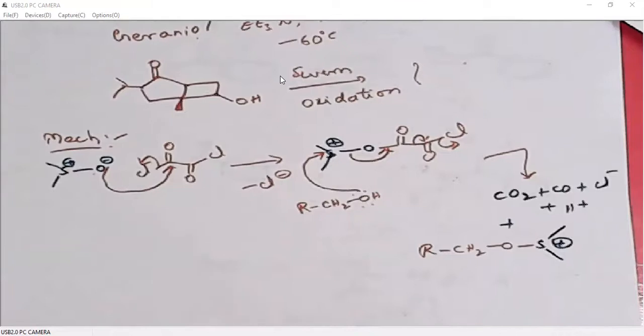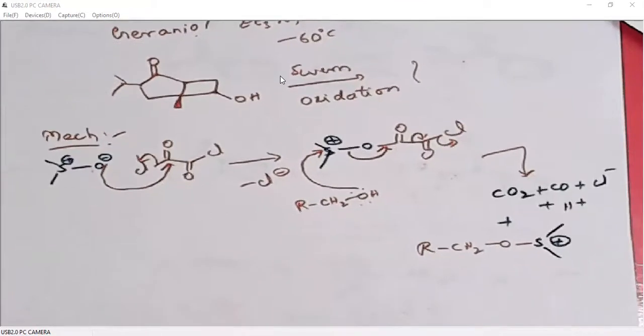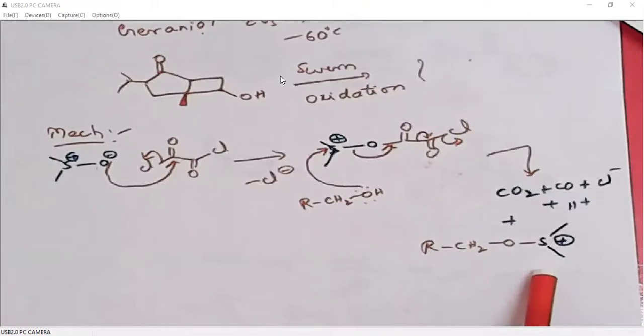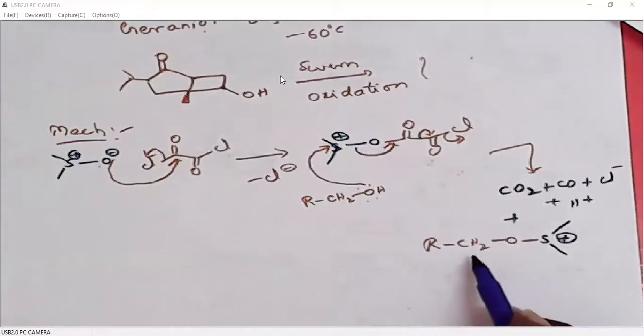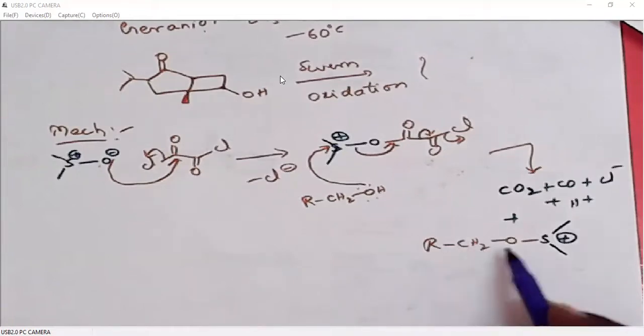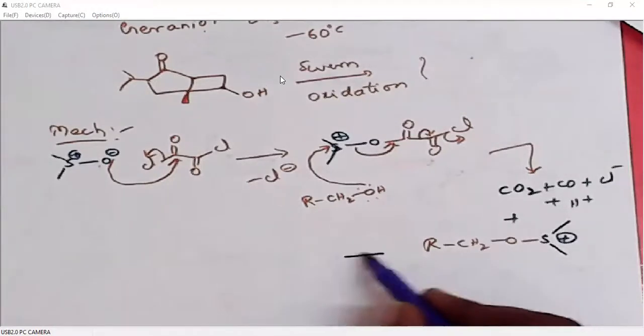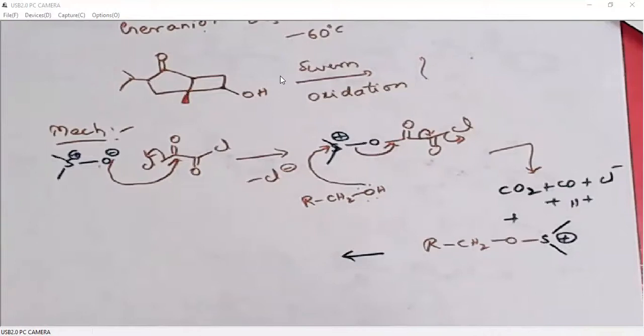If you understood, then again it is a repetition. So up to here it is different for different sulfur reagents, but once there is a bond formation between oxygen and sulfur, then the remaining story is common for DMS oxidation or DMSO oxidation. Previously, we used to take out a proton from here. I have shown it intermolecularly.